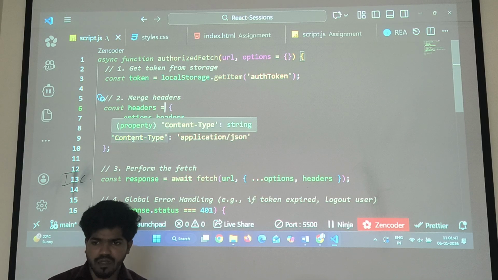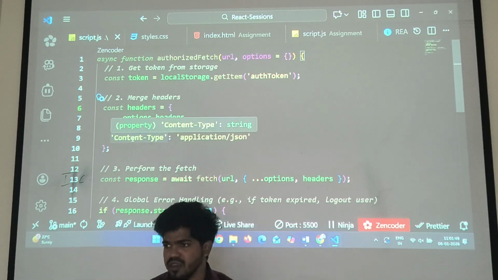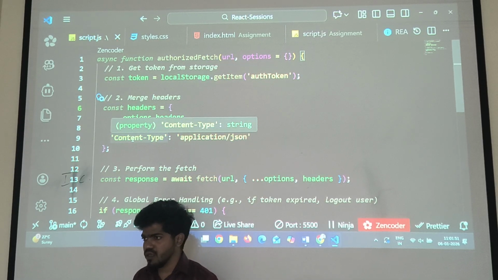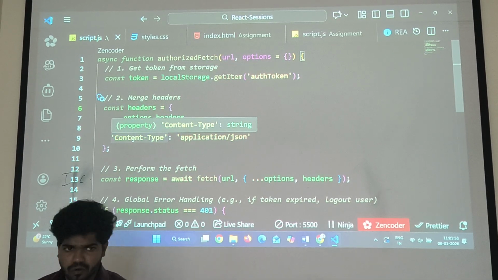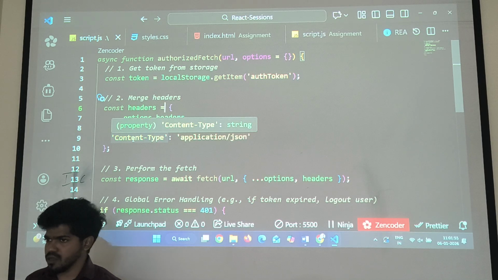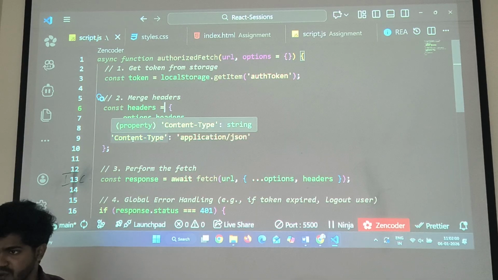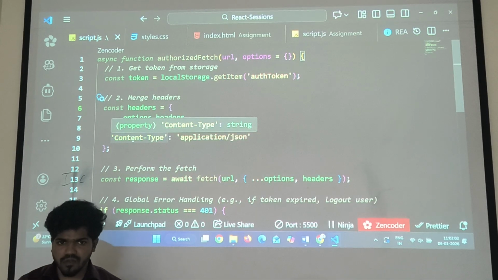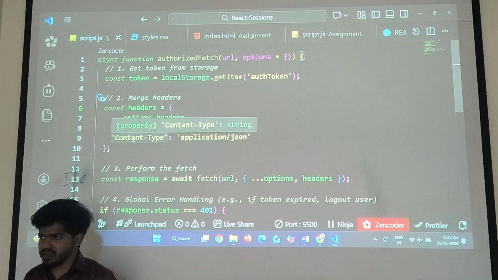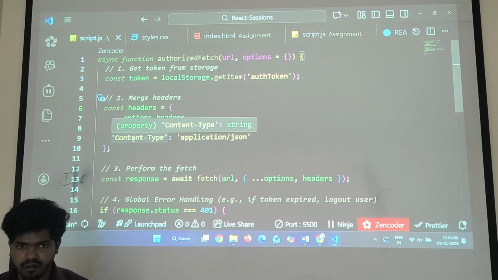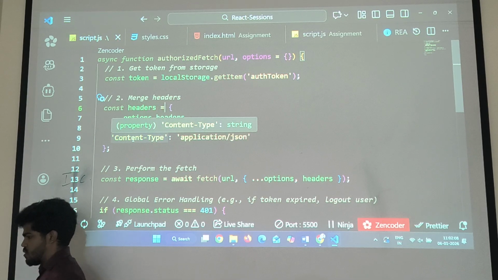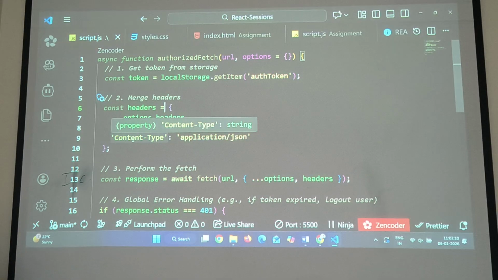401 means unauthorized. That is a session expiry. If I have one account, and I logged in to my system, and you also logged in to that system, then for me, the initial user, it gives the 401. The session is expired on my side. And then 403 means